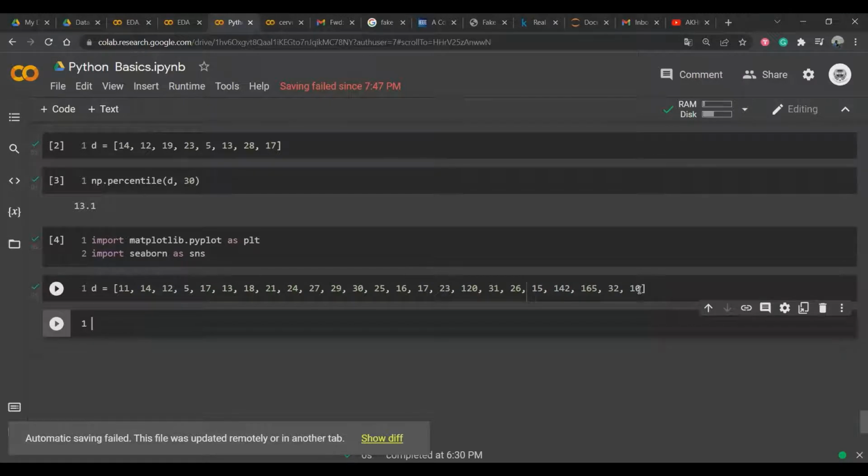Now with the help of Python code, try to identify the outlier. The first thing we can try is to detect it with the help of the empirical formula. In the case of the empirical formula, I already told you that